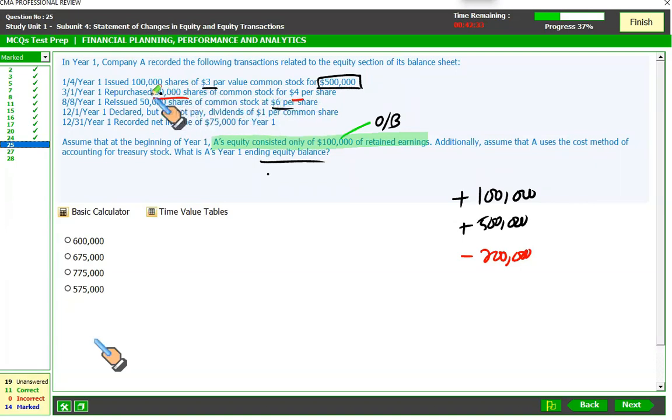So you purchased your own stock, 50, and you issued 50 again. So basically they are cancelled out, but the amount that you have received is 50 times 6, and that is going to be 300. So it is a plus 300. Okay, then